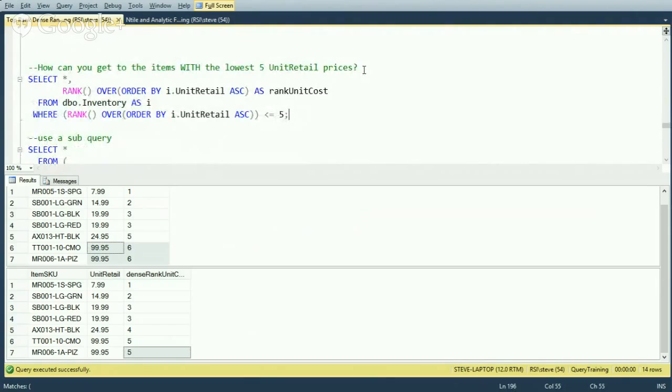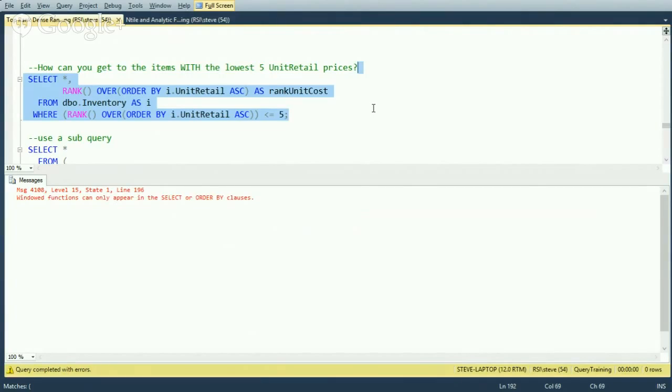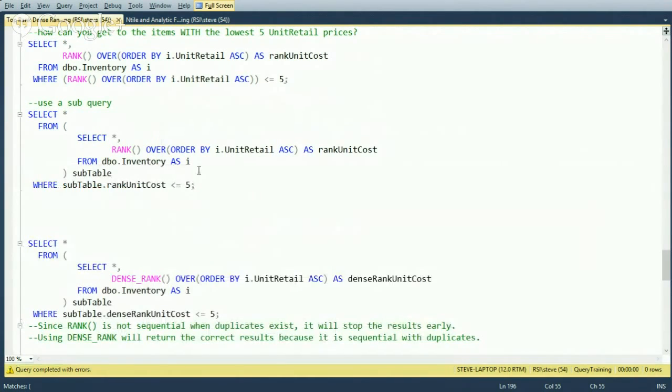So how can we get the items with the lowest unit retail prices? So not just the items. We want to first get the 5 lowest retail prices, and then any items associated with that. One thing we might try right away is plopping that windowed function into the where clause, and you can't do that. That doesn't work. What we do is we create a subquery